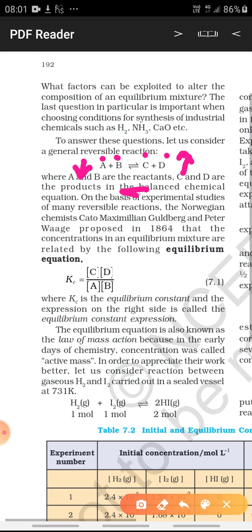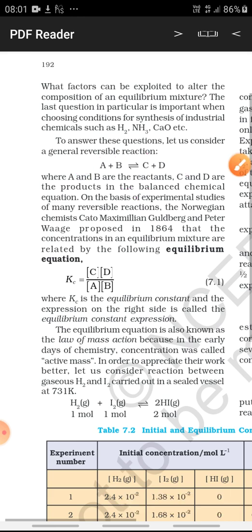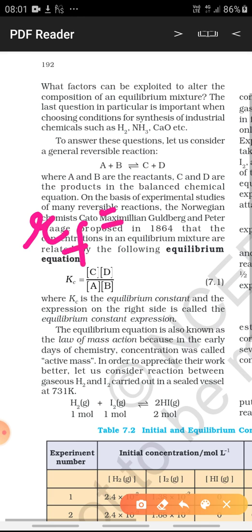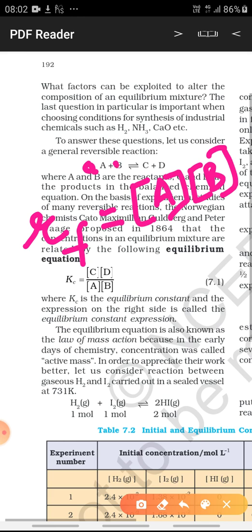has been established. Now, to the same equation, if we apply the law of mass action, according to the law of mass action, the rate of forward reaction is equal to the product of molar concentrations of the reactants. That means we write the reactants in square brackets. Now these reactants will be raised to the power equal to the stoichiometric coefficient in the balanced chemical equation. For example, the number before A here is small a and before B here is small b. Then we will write small a as the power of A and small b as the power of B.